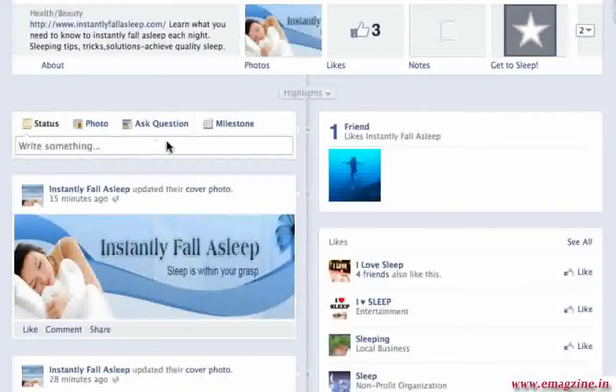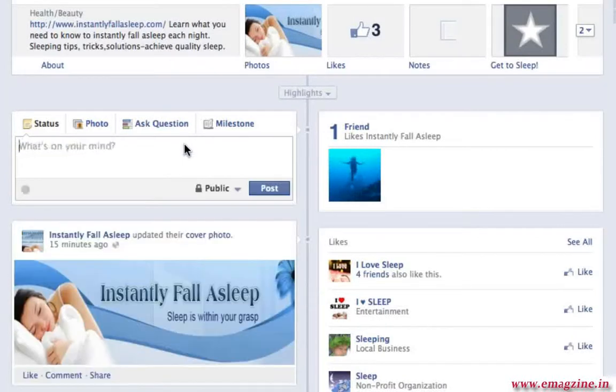So this is very similar. You're very used to this, but they've removed the link section, which was kind of useless before, because anytime you put a link, it already propagated and made that link live, so you didn't really need to click link anyway. So inside of photo, you have videos as well, and then you have your ask a question, and then milestones. Milestones we'll get into a little bit later, but for now, once you post something, so let's just,